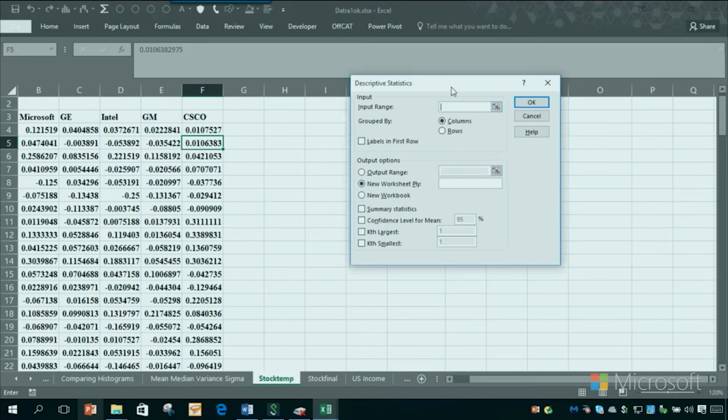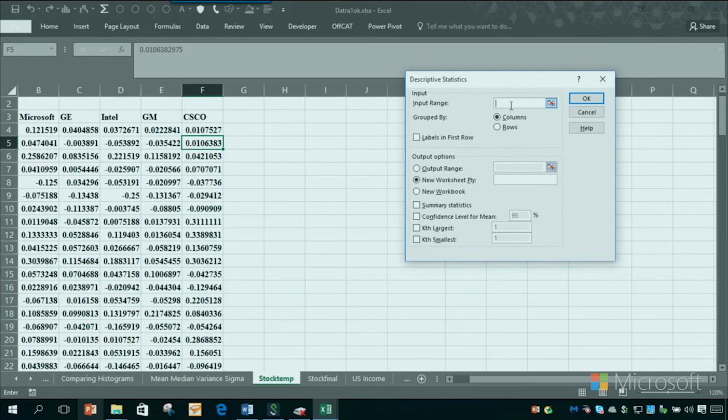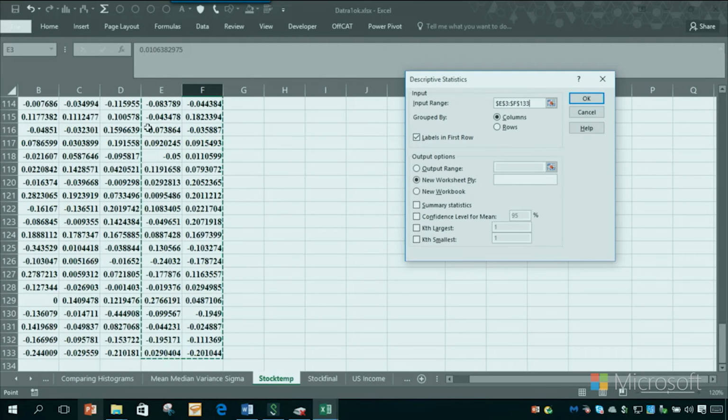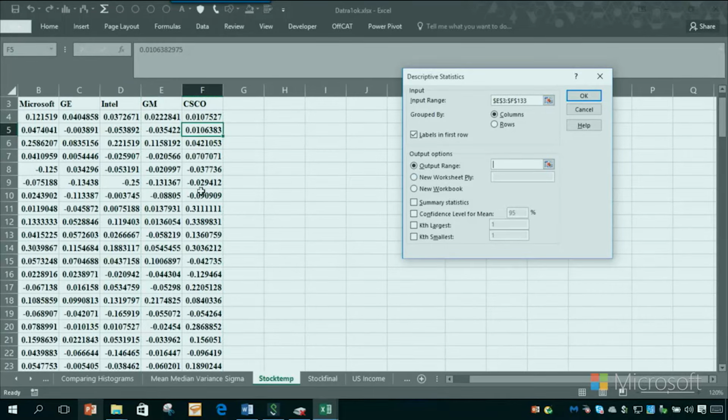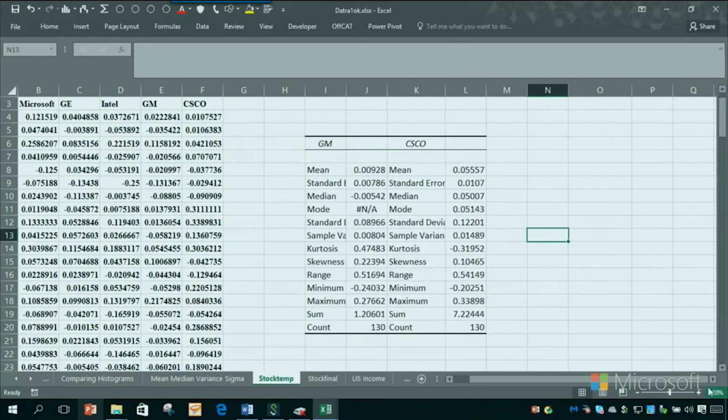Okay, so now we've got to fill in this dialog box. The input range is our data, and I like to include the labels. So I'll start right here with GM. I do Control-Shift, right arrow to go to the right, then down arrow to go to the bottom. That picks off my data. The data is in columns. Output range is the upper left-hand corner of where I want Excel to put its statistics. I can just say, let's say, I6. Then you have to check summary statistics or you won't get any. So you click OK, and you'll get summary statistics. Okay, now we might make that a little bit bigger,